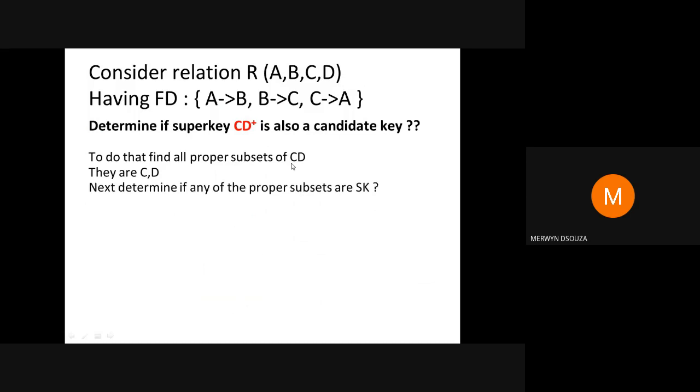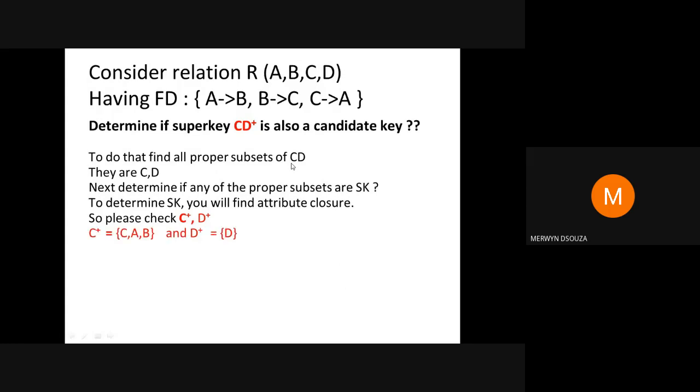Next, determine if the proper subsets are super keys. To do that, find the attribute closures of C and D. When you find the attribute closure, you will see that the attribute closure of C is CAB, and the attribute closure of D, as found out previously, is D only. None of the attribute closures of C and D are having